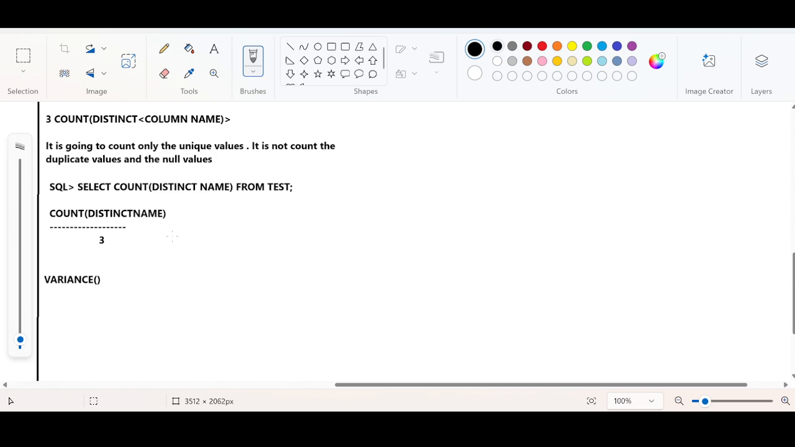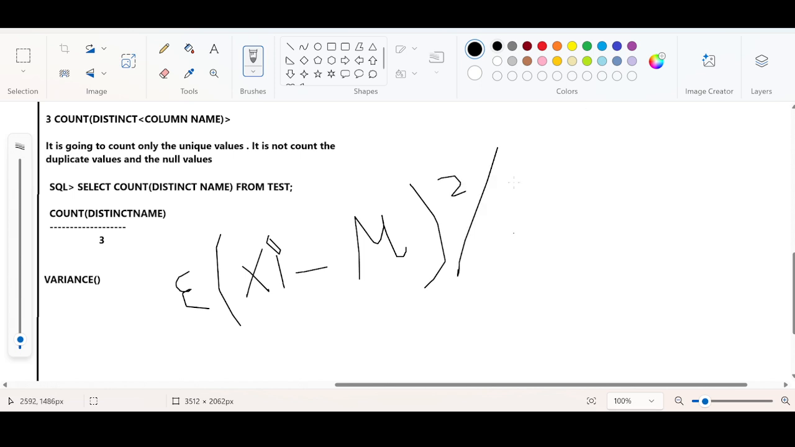Formula would be like this. So you have the summation, and the mean of the data set, whole square. It will be used in data set operations. A complex mathematical operation. You do not want to worry about this for now. If you want to apply the variance concept,